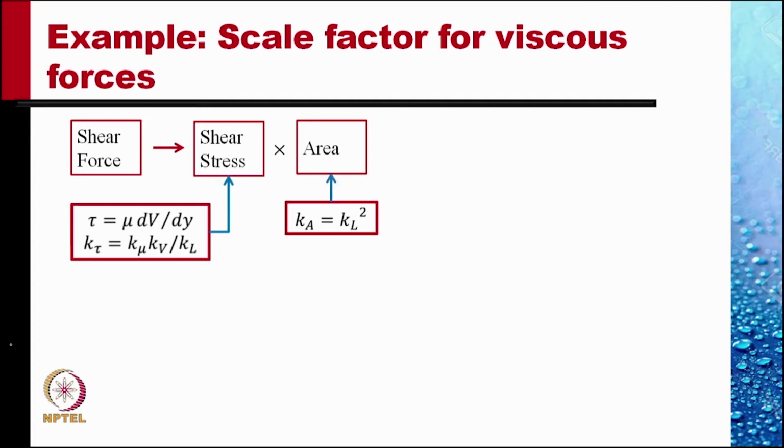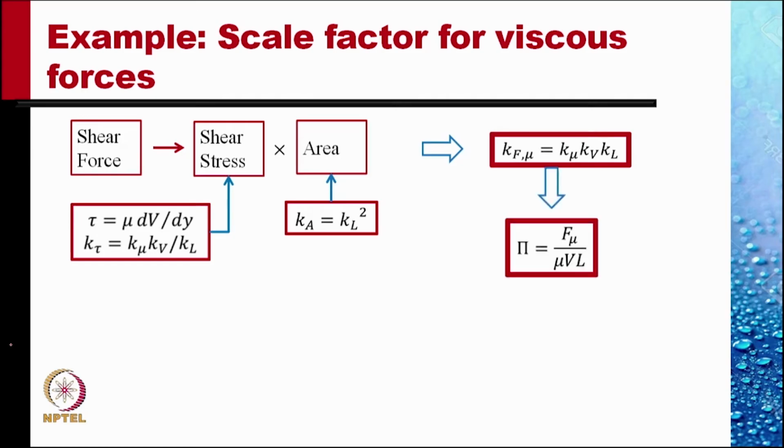The area scale factor Ka is Kl square, as was shown in the last class, and therefore K for the viscous force is equal to K mu Kv times Kl. This is the scale factor for the viscous forces. Similarly, we do